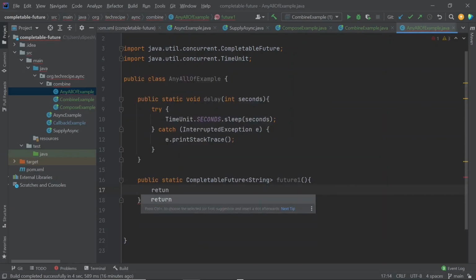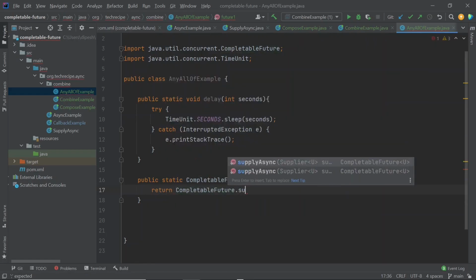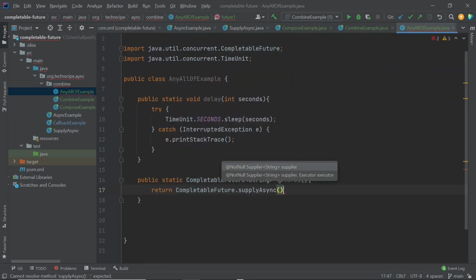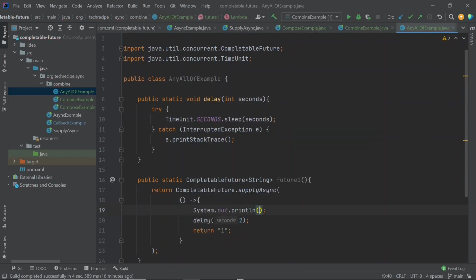We will return a CompletableFuture.supplyAsync. This will be a supplier which returns a string. Let's return 1 from the method. We will add a delay of 2 seconds, and we will also log future 1.